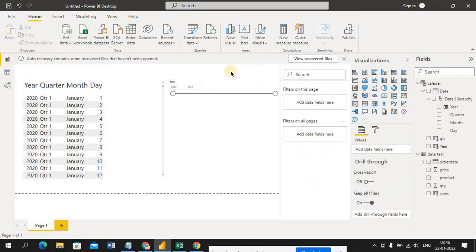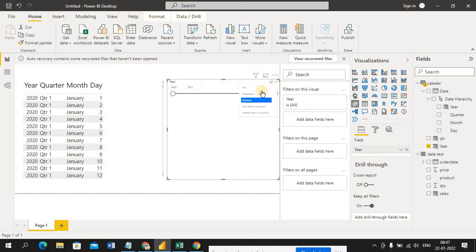I don't want the filter style like this. A filter means if I select anything here, the data has to change, like when I'm in an application such as Flipkart and applying a filter: I want this model, I want that model, and the data is shown accordingly. The same way here. So here the symbol you can see is drag and drop, the list.